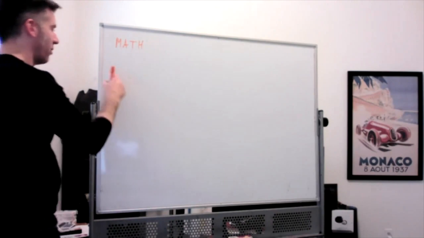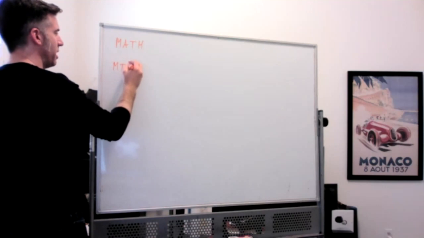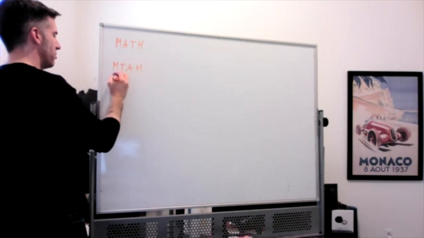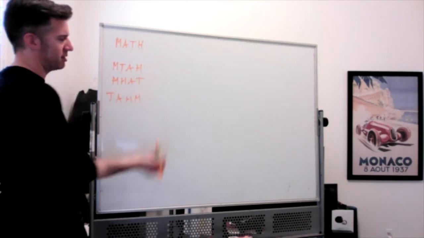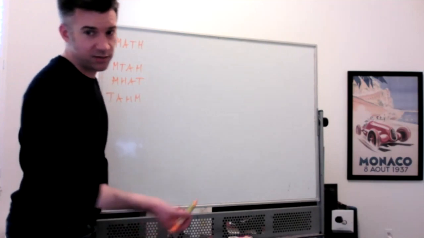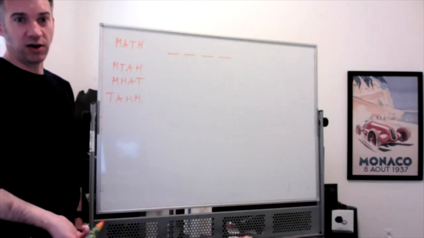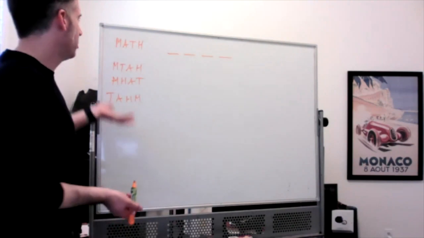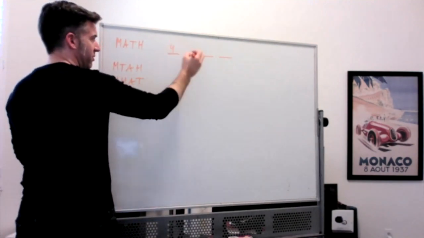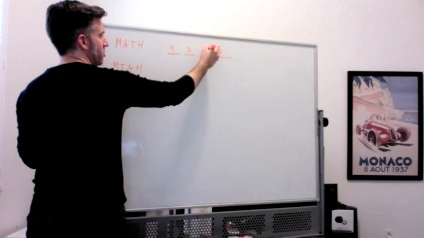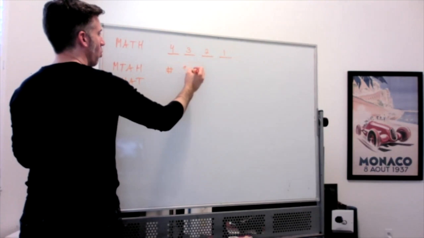Well, if I can arrange them any way, I can have M-T-A-H, I could have M-H-A-T, I could have T-A-H-M. There are a lot of possibilities, and I don't want to write them all out. So often we make these little pictures where you talk about what can go in each place. In a 4-letter word where all letters are different, I have 4 choices for the first letter, 3 choices for the second, 2 choices for the third, and 1 choice for the fourth. So the number of quote unquote words